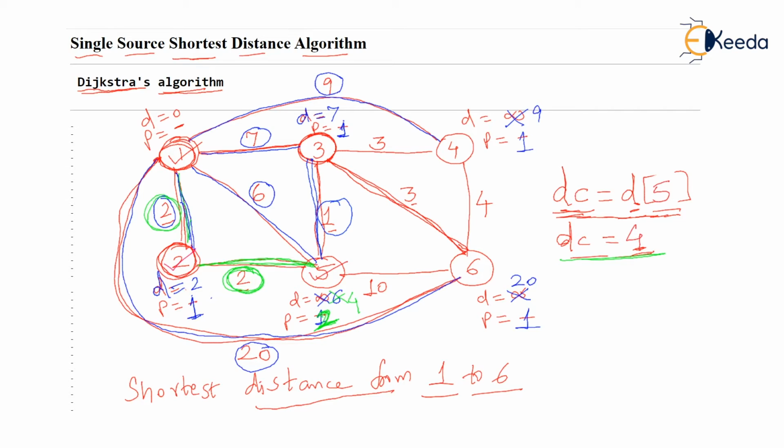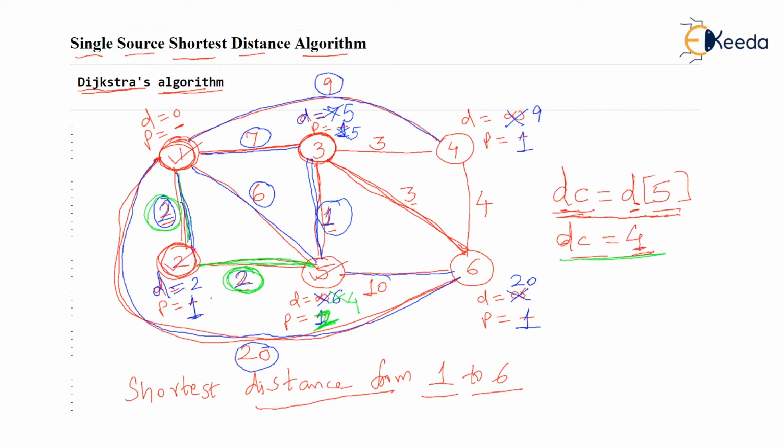How did we get that? We got 2 plus 2 plus 1. That's 5, isn't it? So check the distance of third vertex. It is 7 and added distance is less. So you update it as 5 and path which was 1 will get updated as 5 because we are processing the fifth vertex. The other neighbor of 5 is 6.